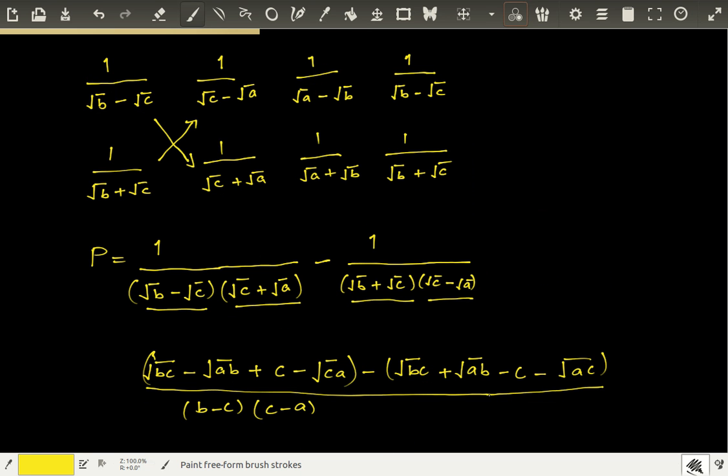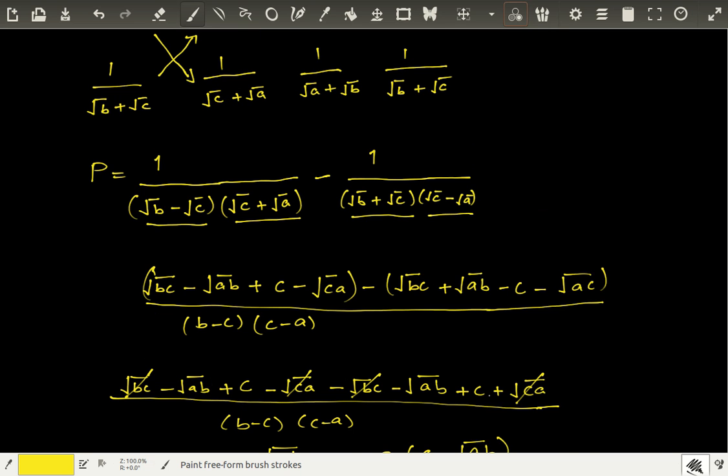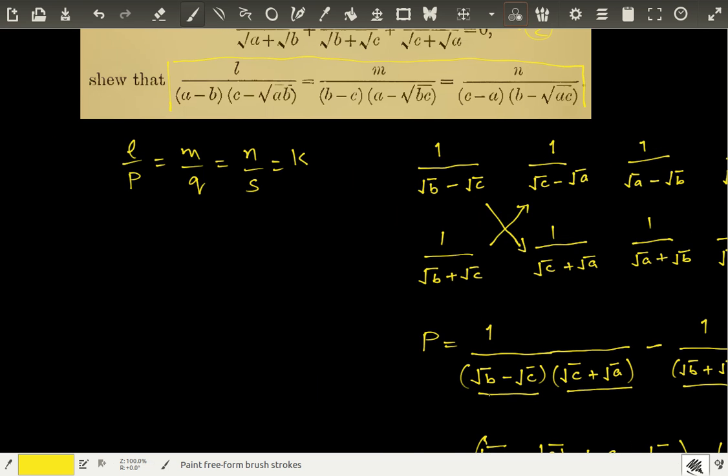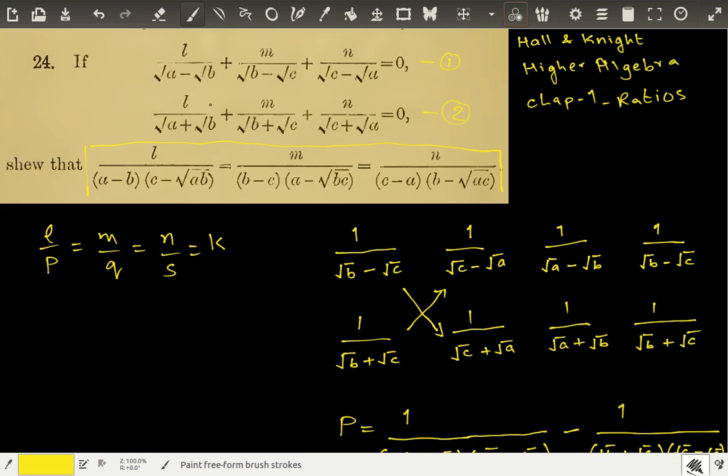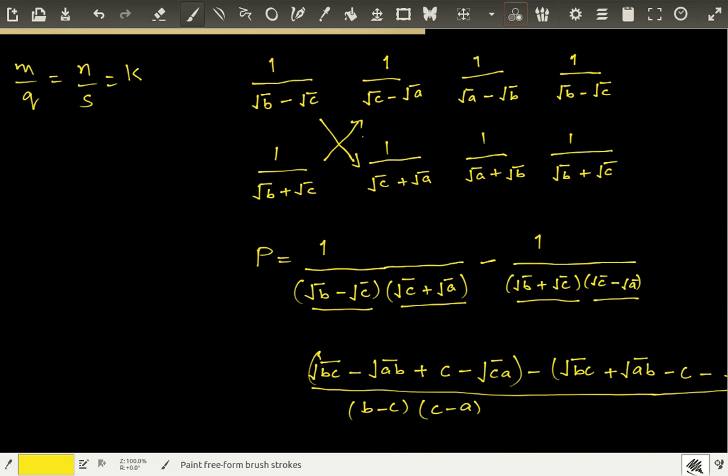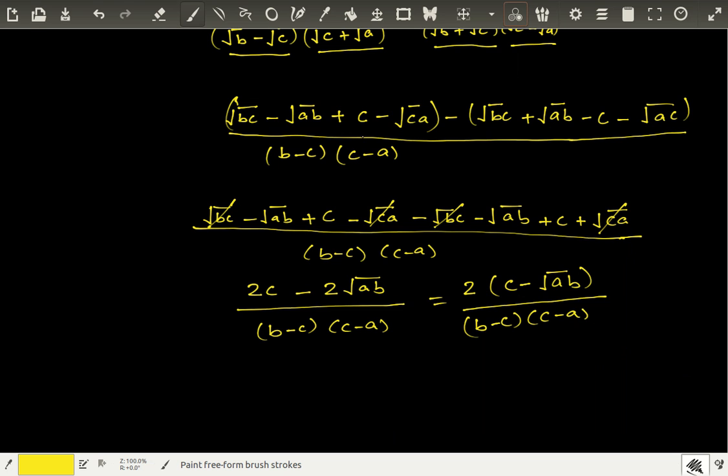Similarly, we can calculate the value of q and calculate the value of r. However, in these kind of problems, it is very important to see that there is a symmetry in the coefficients. For example, you can see that this is root a minus root b, root b minus root c, root c minus root a. That is, it has just been cycled over. Similarly, in the second equation it is root a plus root b, plus root b plus root c, and root c plus root a. So over here also this has been just cycled over. So once you know the value of p, we can at least guess what the value of q and r are going to be. Okay, so if p is equal to this,